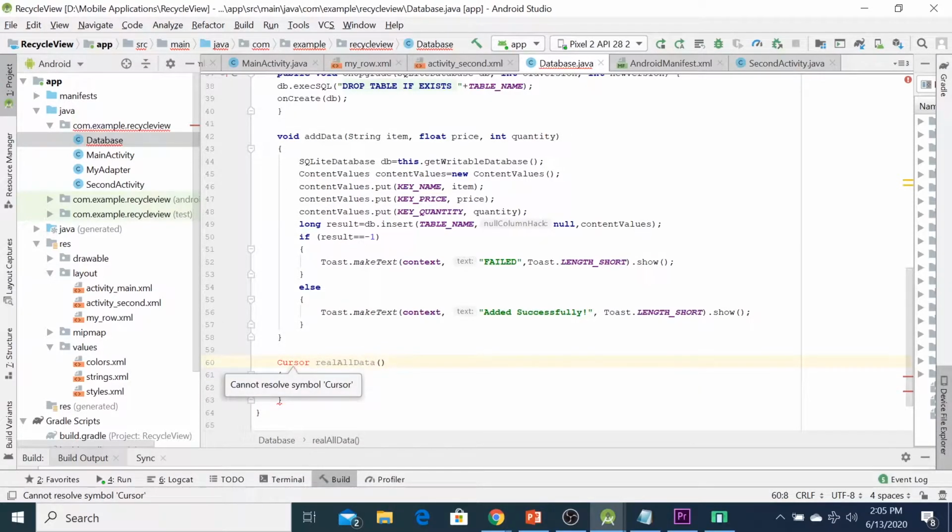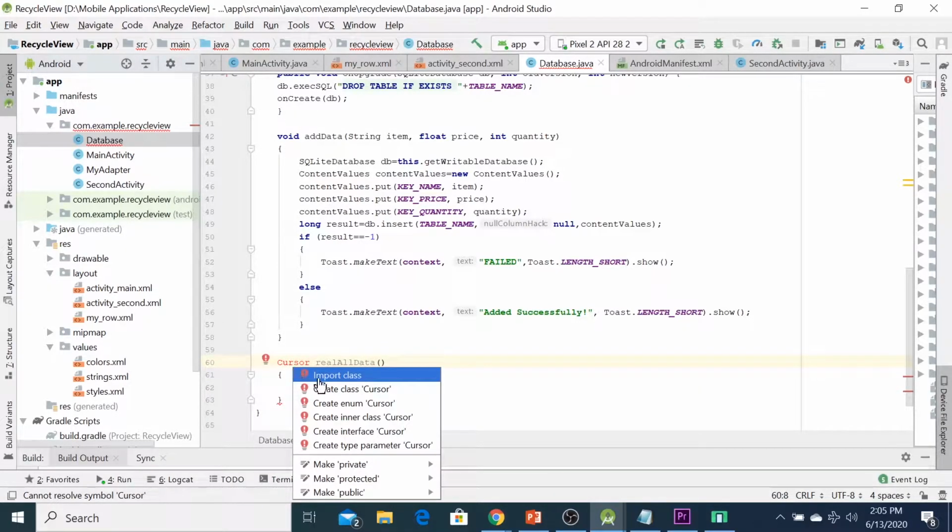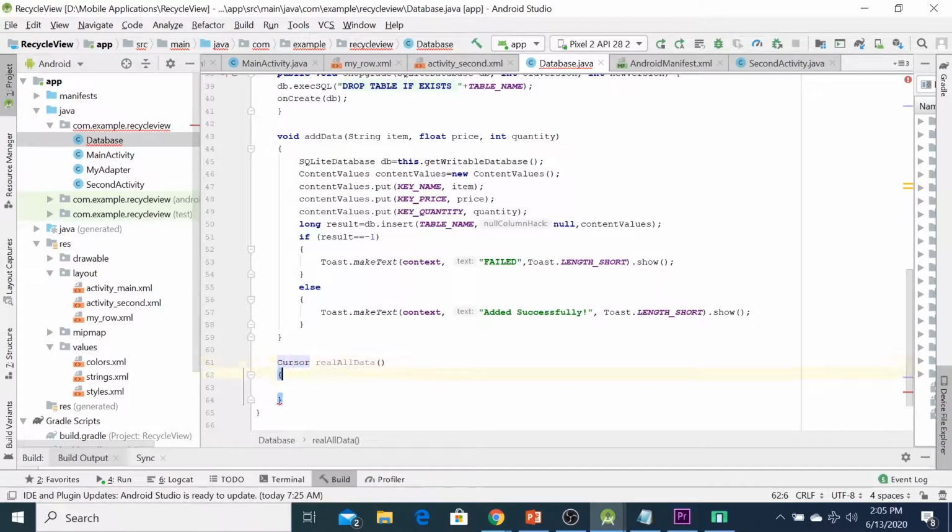We can press Alt enter like this. We can import the class. Okay. First, let's create a string query.